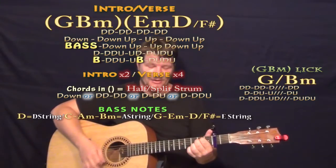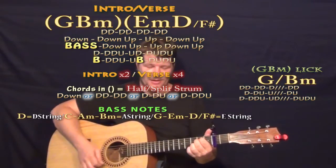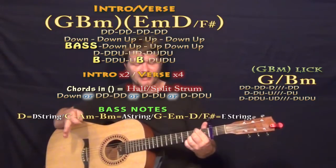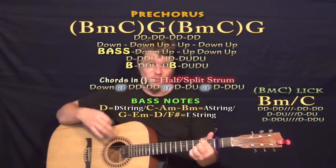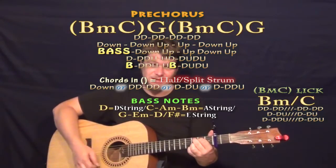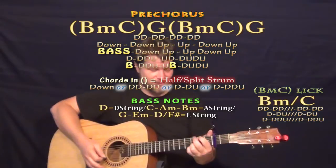G, B minor, E minor, D slash F sharp, G, times for our verse, and then going into our pre-chorus part. And then we have kind of that D minor, C, G, or you could fill that time, kind of B